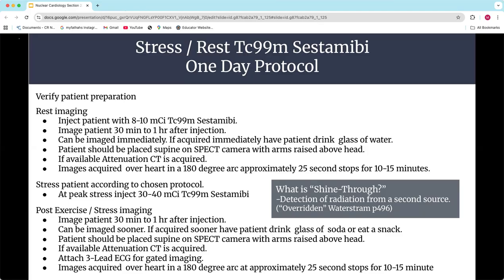Those resting counts are probably still there, but they're so far in the background that your camera has leveled everything to the new higher dose, okay? And so that's why it makes sense. They call that principle shine through or overridden. And that's why it works. And that's why we have to do a low dose and then a dose that's about 3 times the amount to be able to get that leveling and that shine through to work. Does that make sense? Any questions on that?